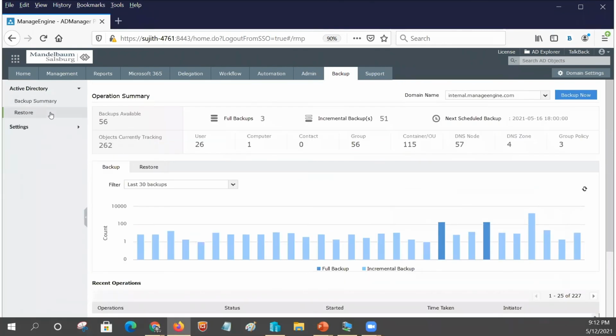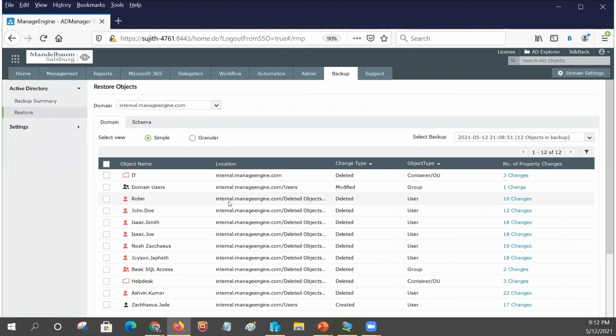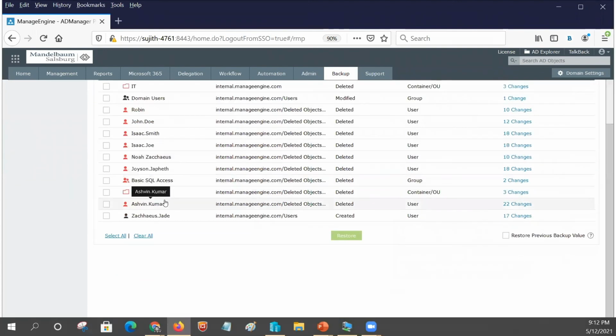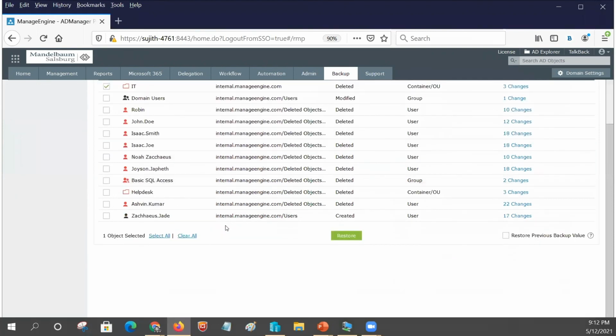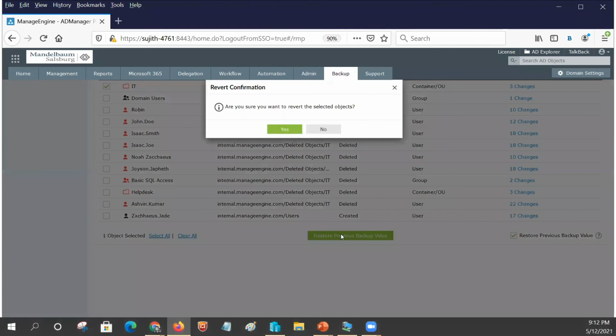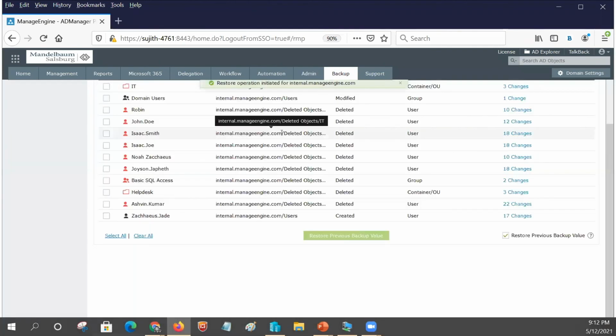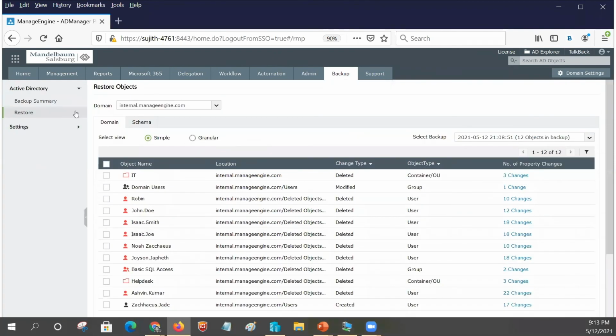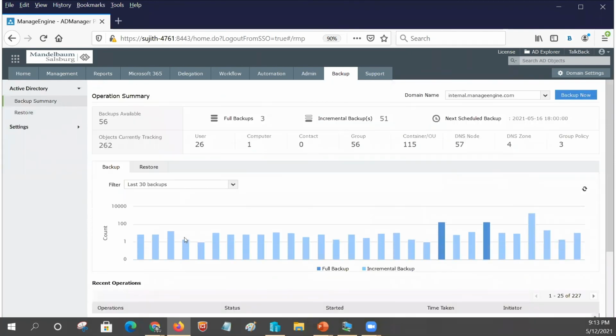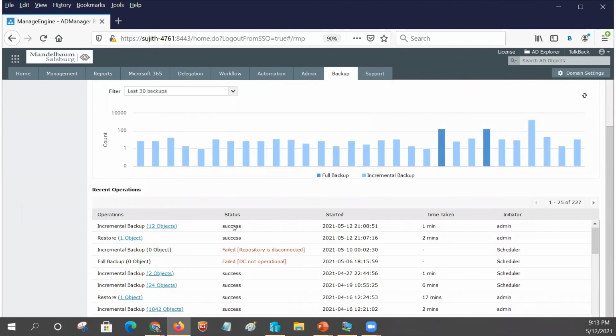Maybe if I come here to the restore option, you see the object that got deleted is highlighted in red. So what I'm going to do is click on this OU, which I restored, and then click on restore to the previous backup value. Just click on OK. That's it. So now you can just sit, relax, and watch the object being restored back into here. Now if you go to the backup summary and click on the restore operations,